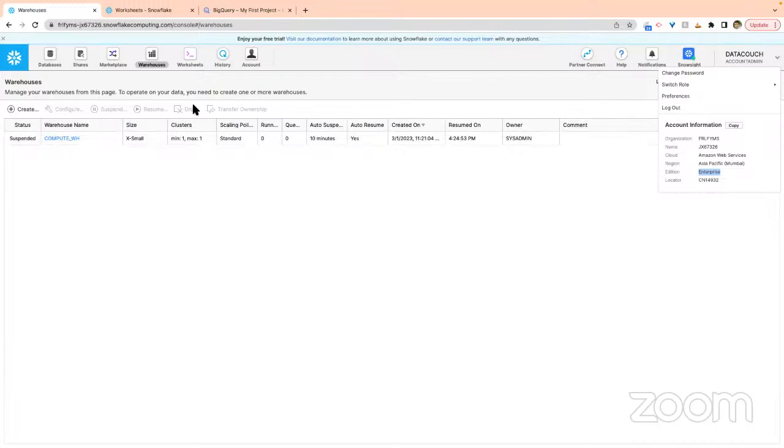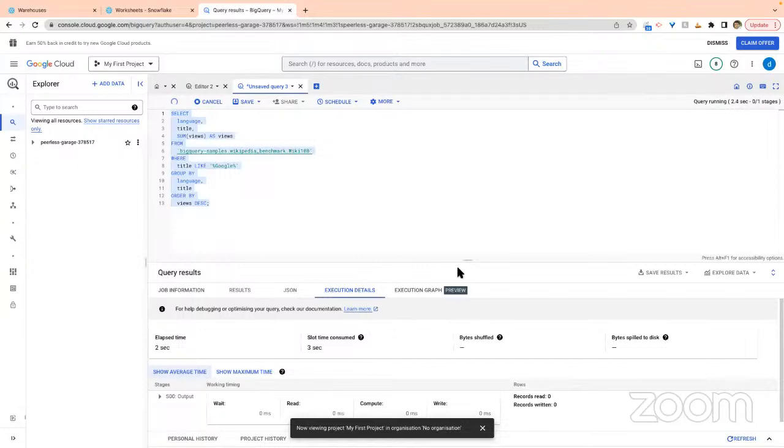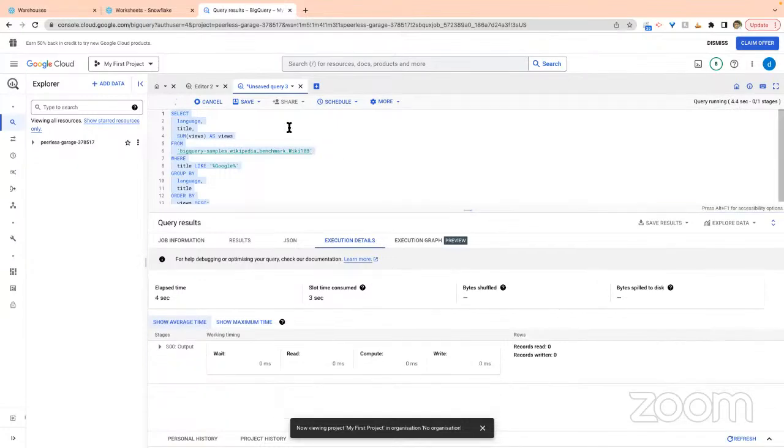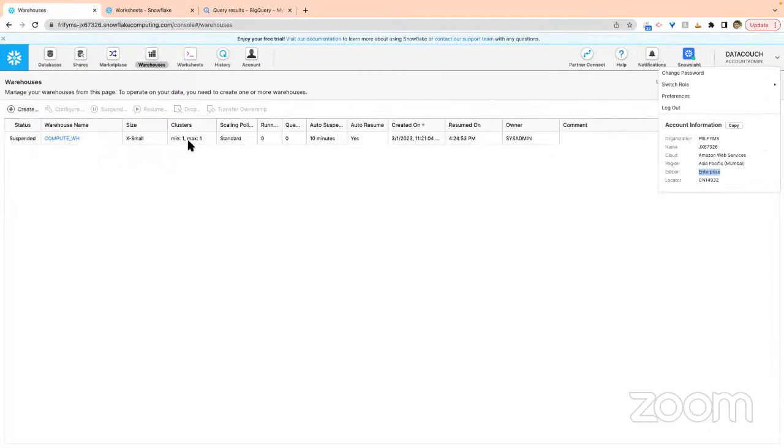And then in case of BigQuery, we don't have any concept of virtual warehouse. So if I am running this query, I can directly run this query without any problem. So it is completely serverless, but there we are getting more control also. In Snowflake, we can change the size of the virtual warehouse depending on what kind of complexity we are having. And also the number of virtual warehouses, we can vary depending on the concurrent queries that we will be receiving.